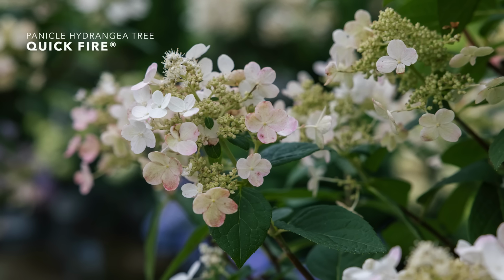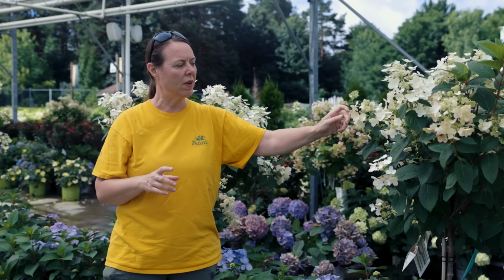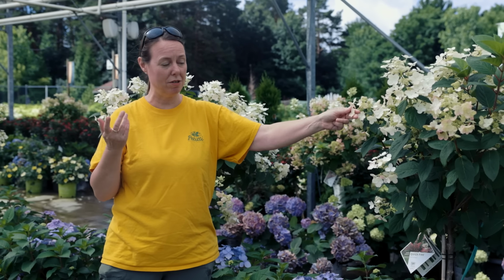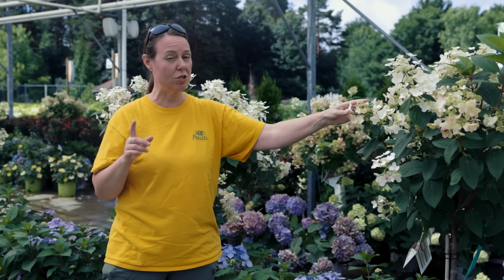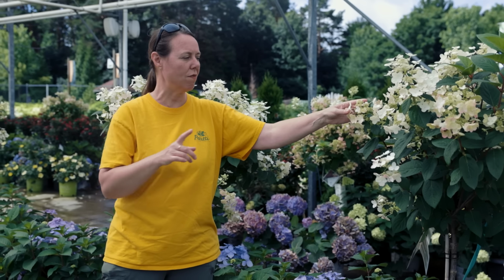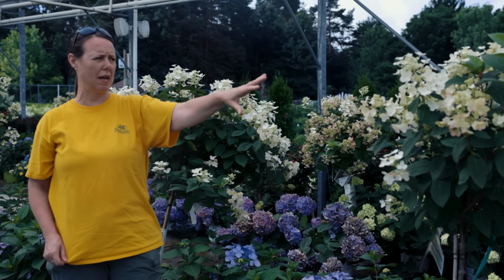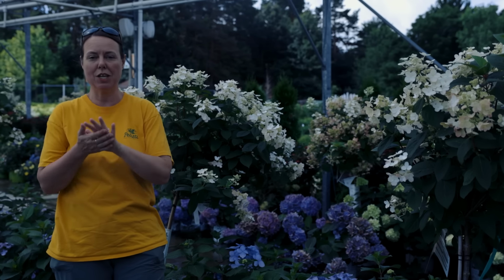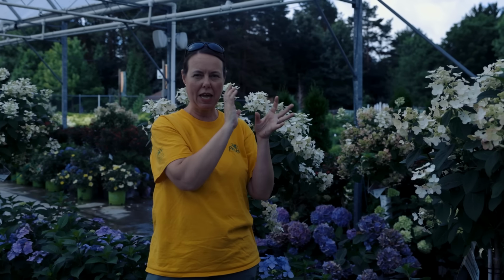They're more rounded on top. And again, they have more of that lace cap type look, where you have the false flowers or petals, large flowers on the outside, and you have the true non-sterile flowers on the inside, so viable flowers on the inside. Pollinators love that. So these trees right now here, we've got butterflies, we've got all different kinds of bees on there too. So again, if you're looking for pollinator attractants, go for your panicle hydrangeas that have that lacy look